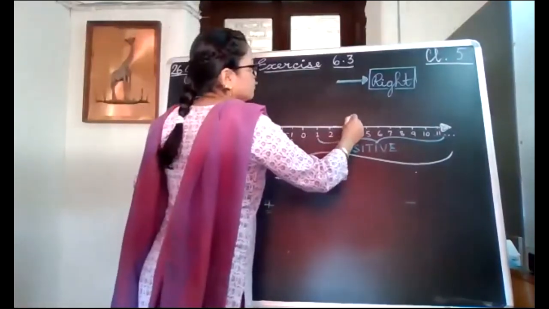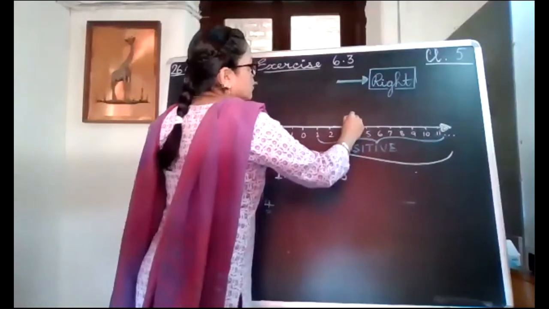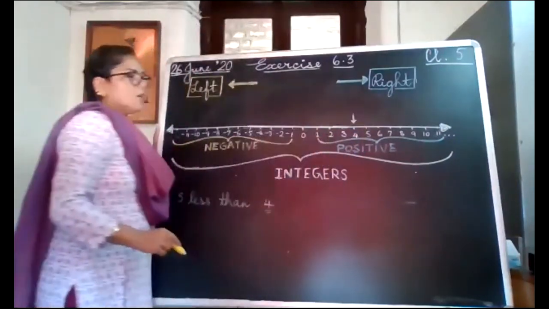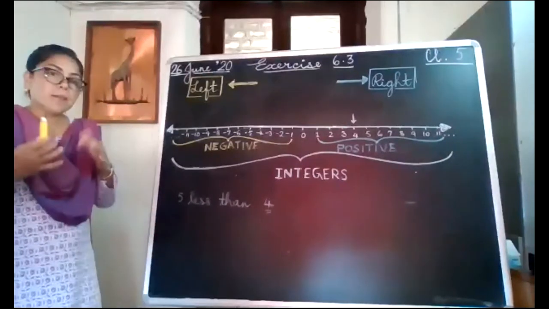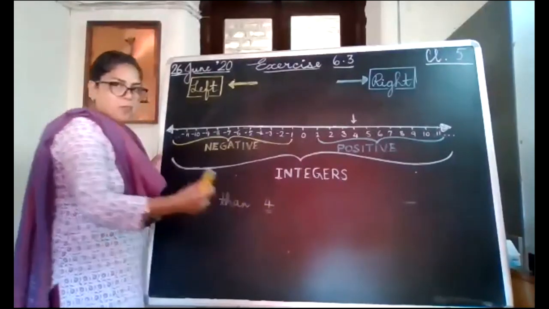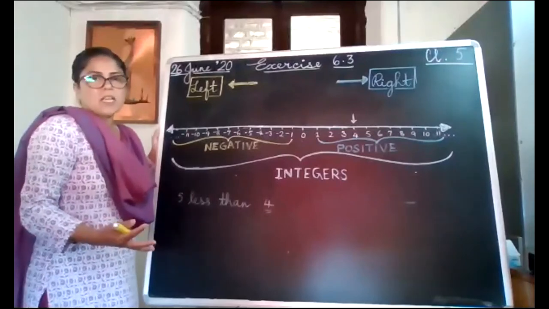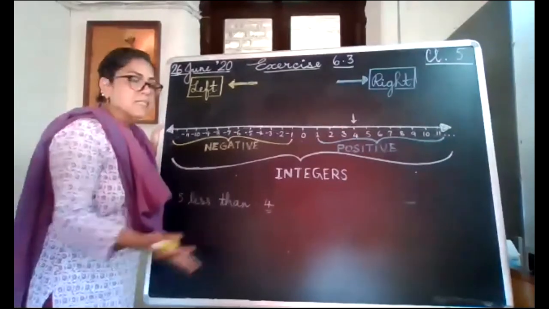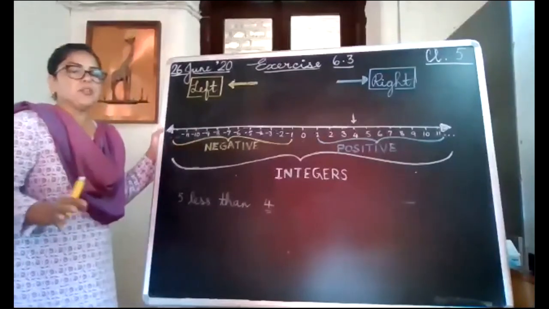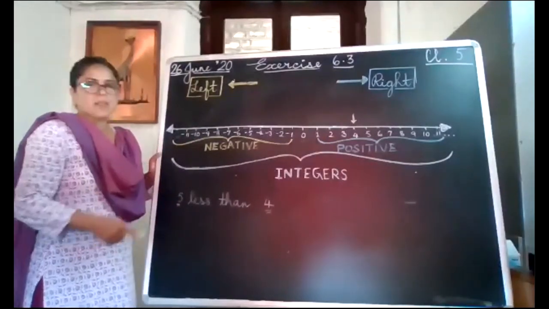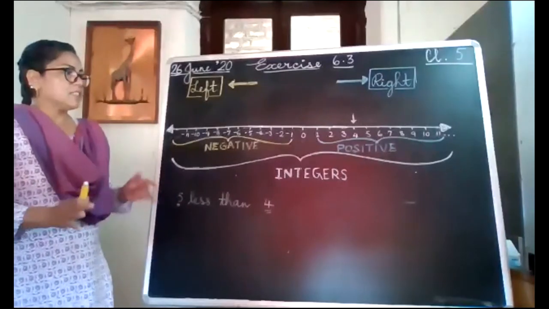4 is here. And what happens? We want to remove 5 from that. Means it will become less. This number, when we remove anything, it becomes less, isn't it? And just now I told you to become less, it has to move towards the left. And how many places will you move to the left? 5 places, because you want to make 5 less is missing.